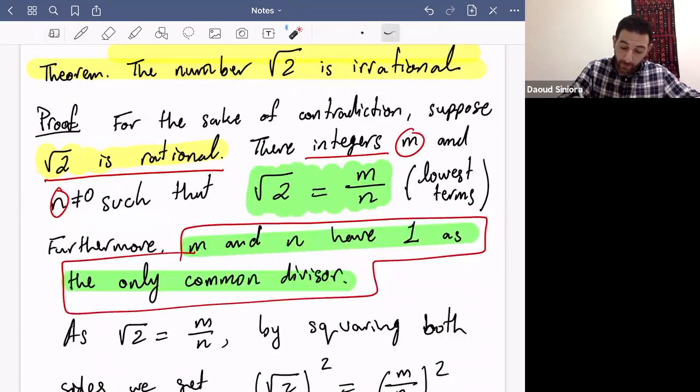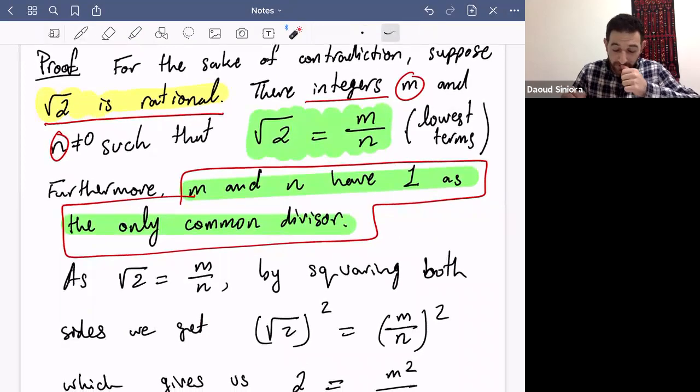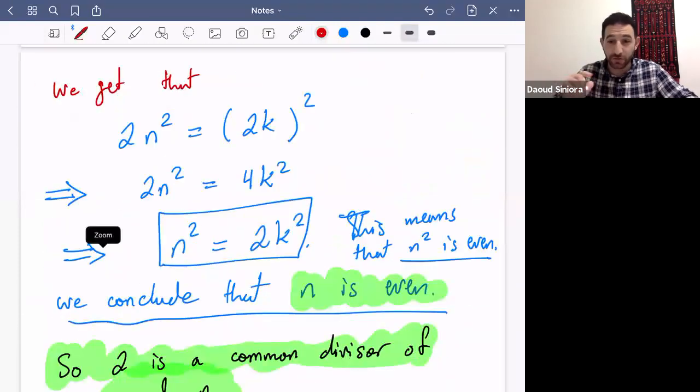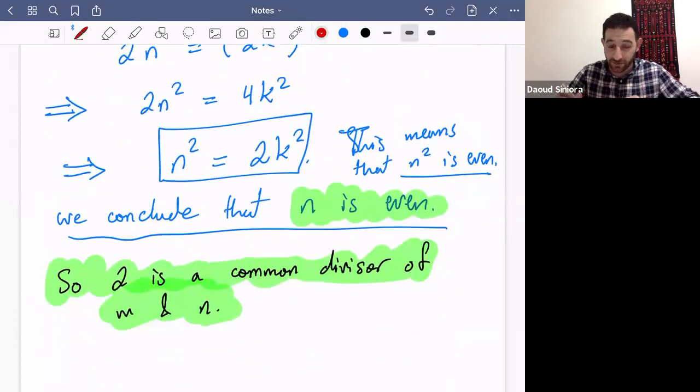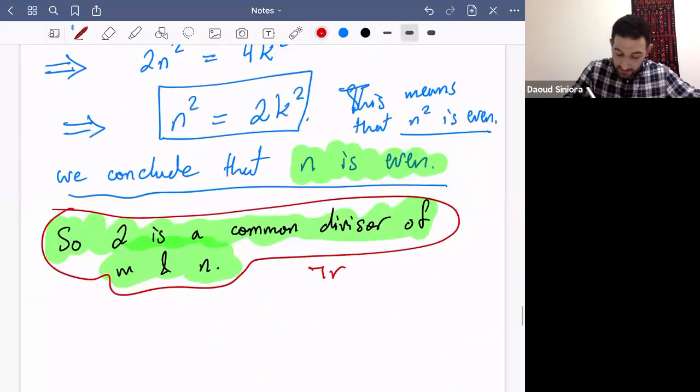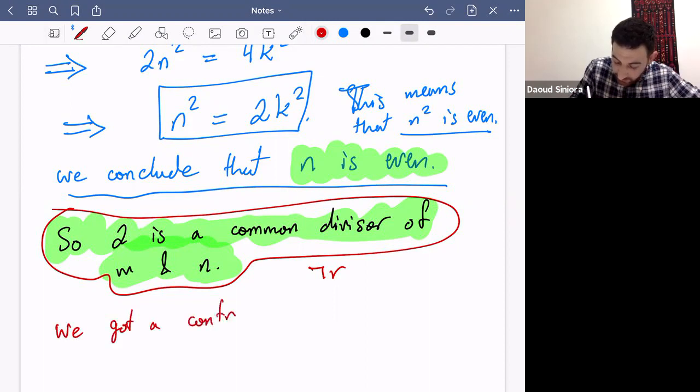Okay, now we assumed square root of 2 is rational. We deduced two statements. One statement says m and n have 1 as the only common divisor. Let's call this statement R, say. And the other statement, we also deduced, is the negation of R, that 1 is not the only common divisor, 2 is also a common divisor. So this is not R. This means we have a contradiction. R and not R is a statement which is always false. Okay? We got a contradiction